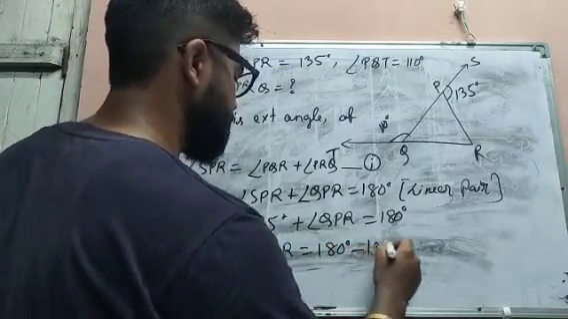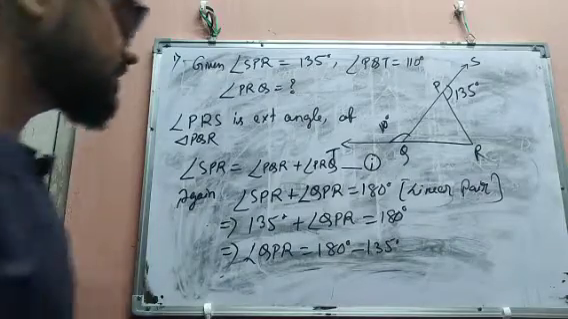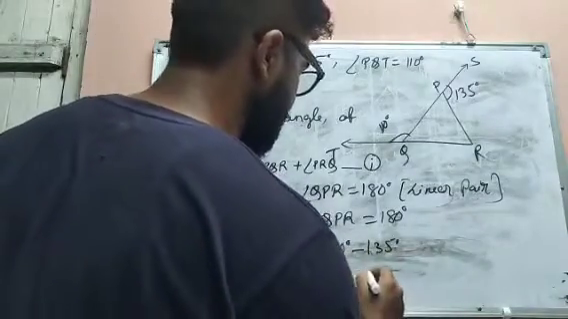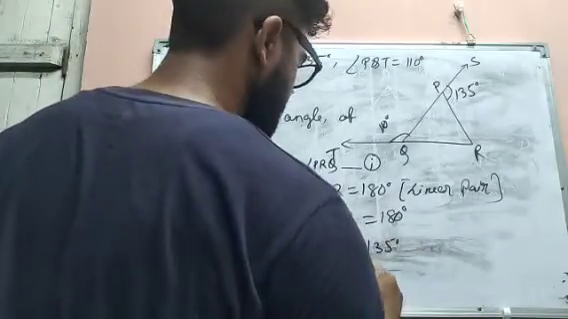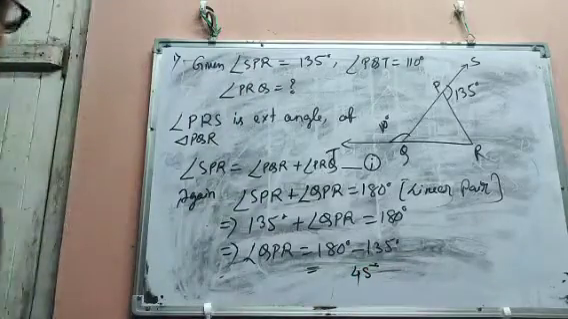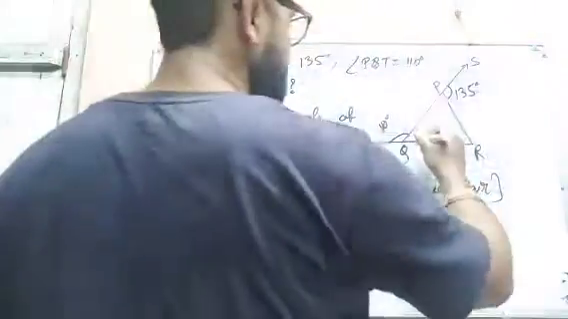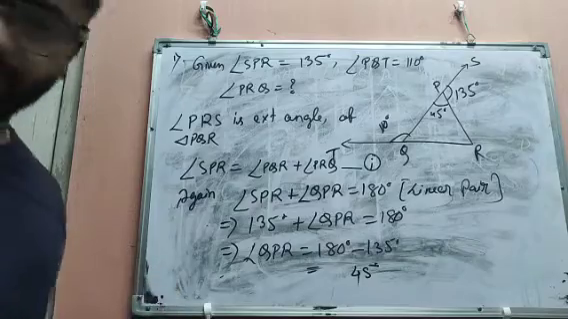180 minus 135. Okay, so by doing that calculation you will get 10 minus 5, 5, here remaining 7, 7 minus 3, 4. So you will get QPR as 45 degree. That means QPR, this angle is 45 degree. Okay, next, again